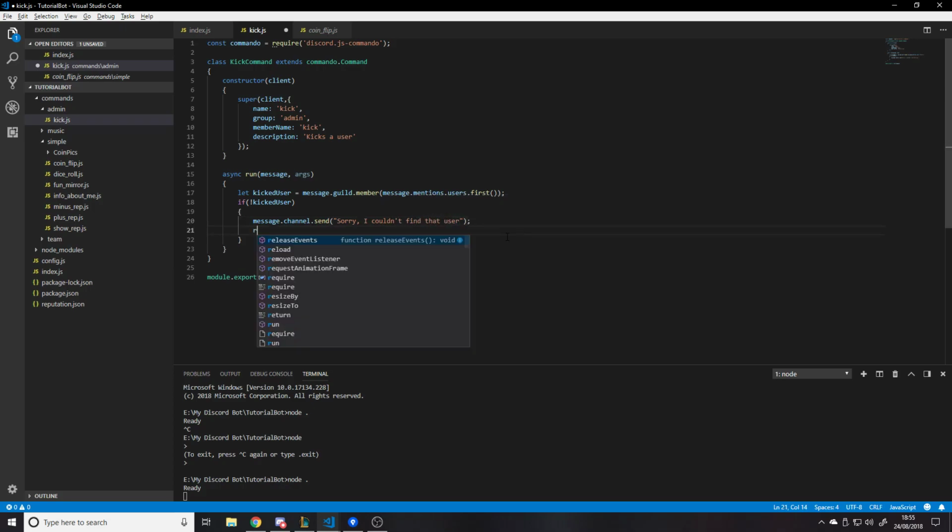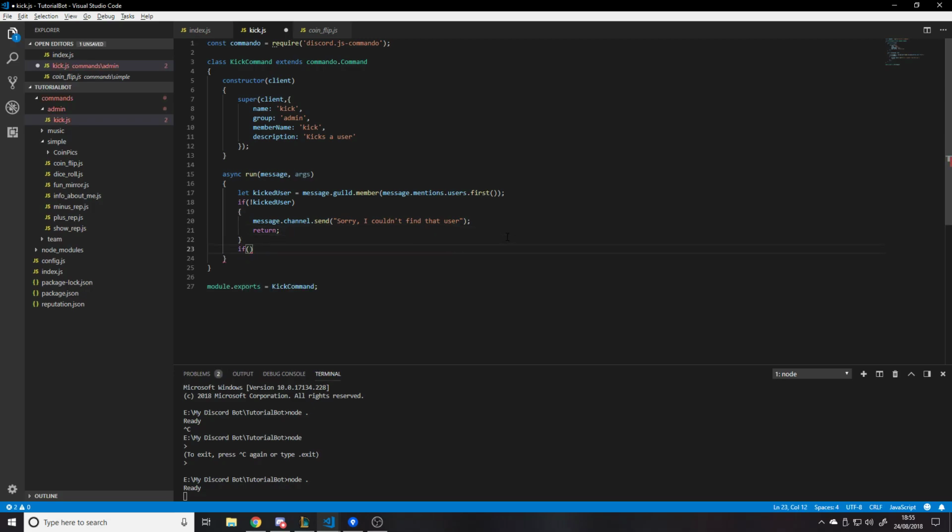And then what we can do is just do return, which means it breaks out of the whole command. We don't want to do any more. We want to do another check. We want to say if, and then check the permissions of the person that did the command to make sure they're admin, because if they're not admin, we don't want to do it. So if message.member.hasPermission,